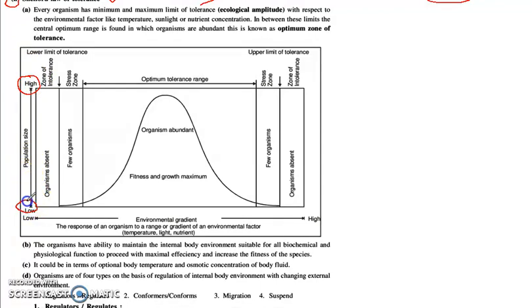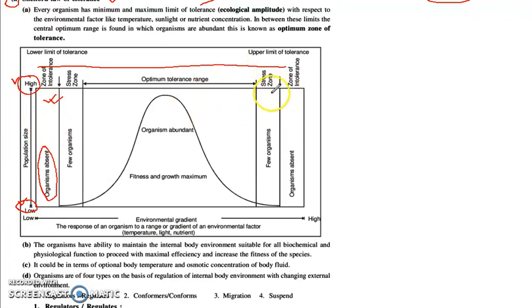This is the low population. Suppose here the population is low, and the population can increase up to a maximum at this point. Got it? This is the vertical axis of the graph. When we move to the horizontal axis, this particular zone is the zone of intolerance, where no organism is present on both sides. The environmental condition is so intolerable that the organism is unable to cope.